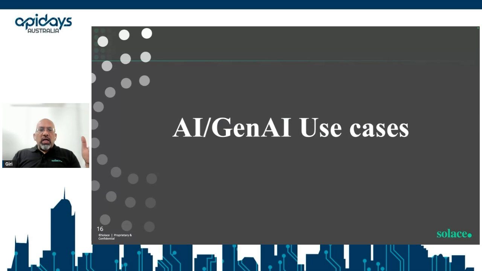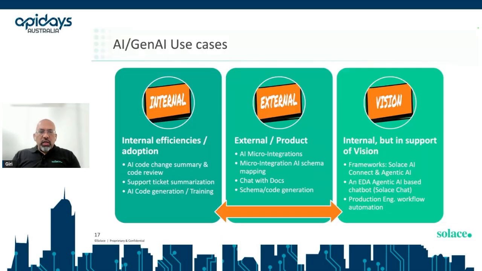When it comes to use cases, it started out serving internal needs, for efficiency, like code change summarization, code review, support ticket summarization, and so on. And then it also got extended at Solace by using AI for external purposes, like micro integration for AI schema mapping and then chat with docs, chatting with your knowledge base, and schema slash code generation, and so on, right? But the vision is to build a framework which will help our customers to build event-driven AI applications. So it started out with the Solace AI connector, which we'll be discussing in the next few slides, and then leading towards an agentic AI